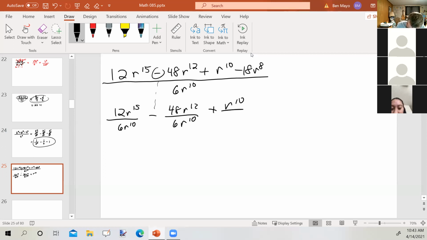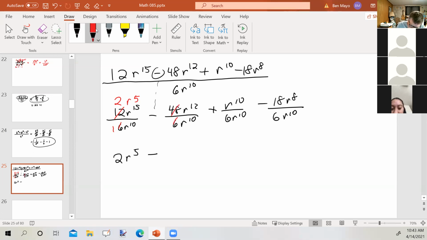All right. 12 divided by 6 is 2 over 1. r to the 15th divided by r to the 10th would be r to the 5th. So we get 2r to the 5th minus